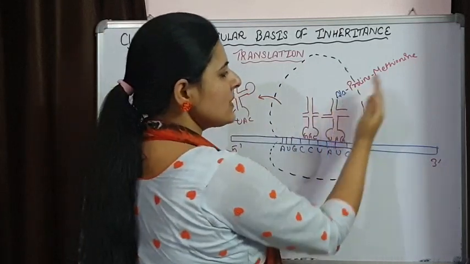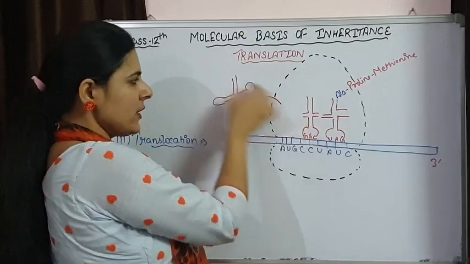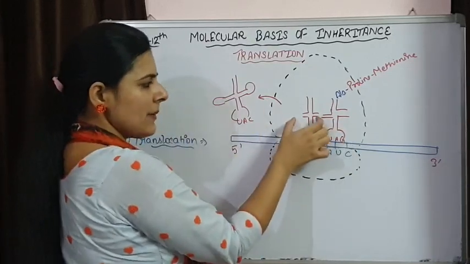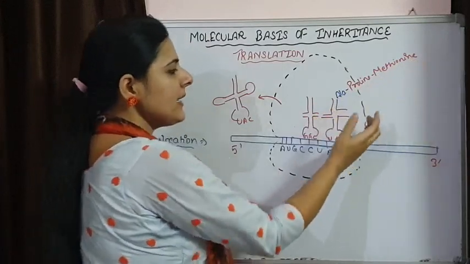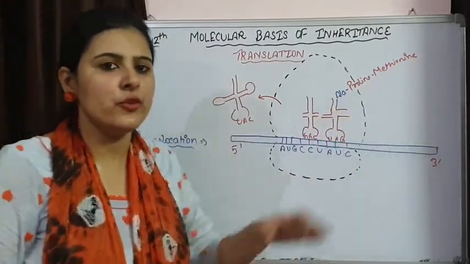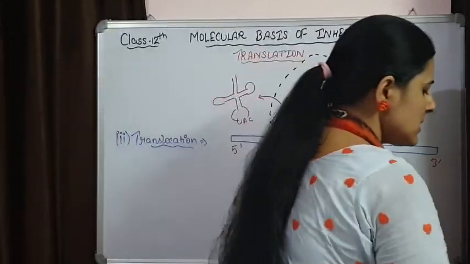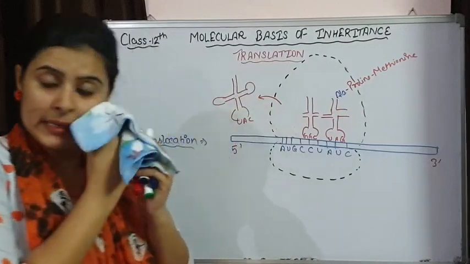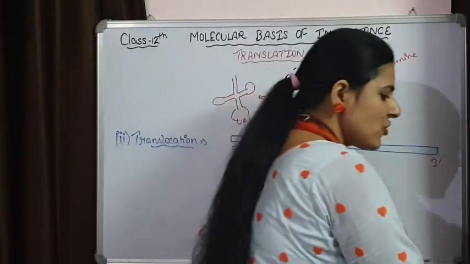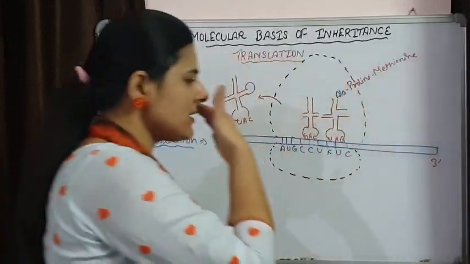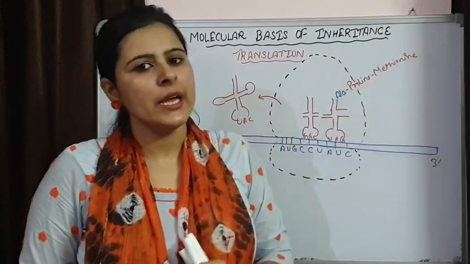Again this ribosome is going to translocate. This is going to come at the E site. It will move out. This is going to come at the P site carrying this elongated polypeptide chain, and A site will again be empty for the new tRNA. So this is how the process is continuously taking place. The ribosomes are translocated on the mRNA strand, and because of this translocation, the peptide chain is continuously elongated.